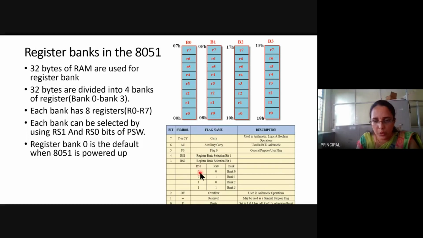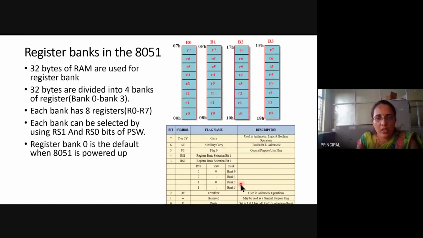We have 2 bits called RS1, RS0: register bank select bit 1, register bank select bit 0. If it is 0, 0, we consider that bank 0. If the bits are 0, 1, it is bank 1. 1, 0 is bank 2. And 1, 1 is bank 3.